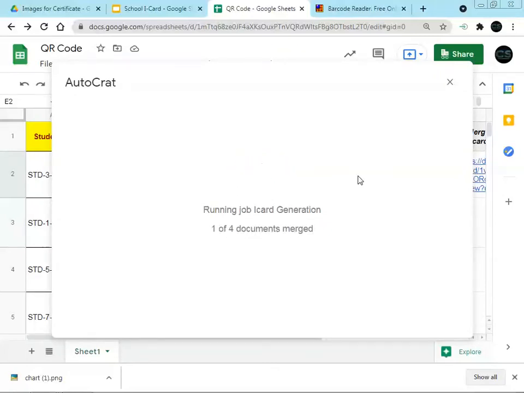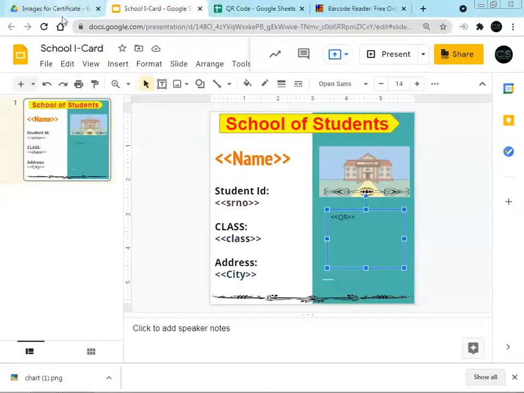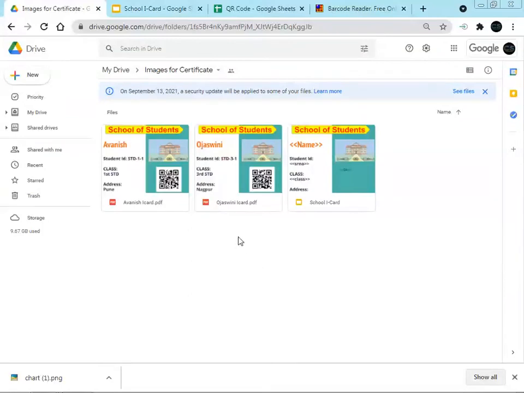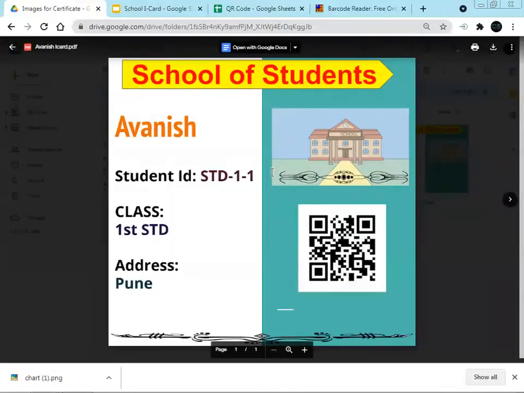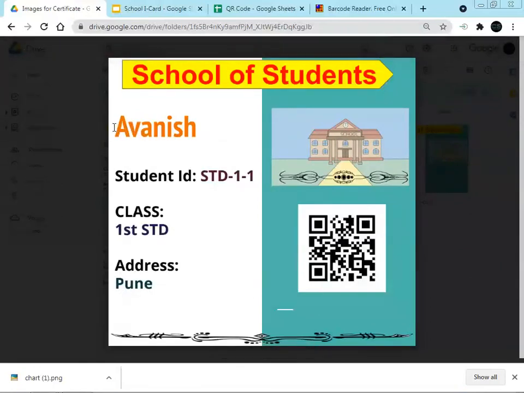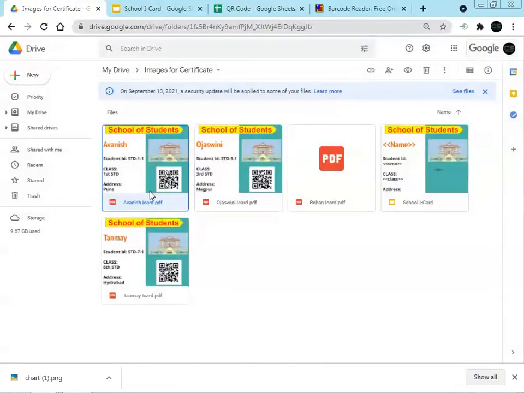So these are nothing but the different changes. That is one of the 4 documents merged. This means that one by one all documents are going to be created, and here we are getting the document created on this screen. Avnish's document is created, Ojaswini's document is created. There is Avnish, standard 1, Pune, and this code is generated for the information: the name of the student Avnish, standard 1, and Pune. This information is generated here. Next one is Ojaswini. Next one is for